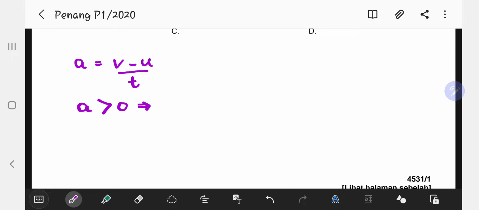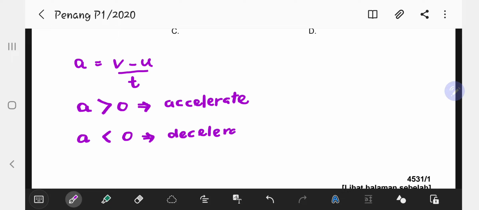First thing you need to memorize the formula. Acceleration is equal to final velocity minus initial velocity divided by time. So when the object is having acceleration, the value of A should be positive, it means that A is more than 0. So the object is accelerating, which means the object speeds up. If the value of A is negative, A is less than 0, we say that the object is having deceleration. But if the acceleration is equal to 0, it means that the object is not